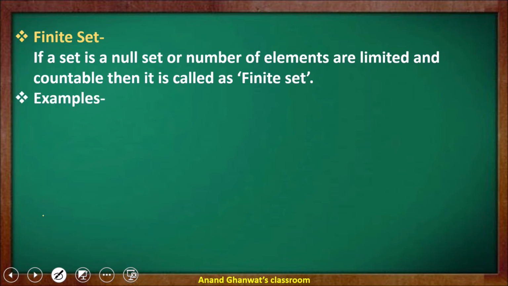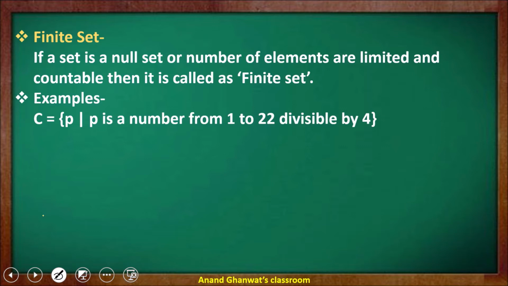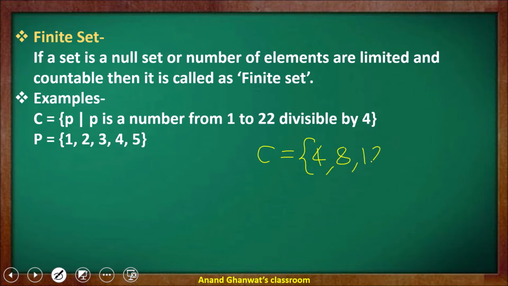See the examples. Example, set C is the set of all P such that P is a number from 1 to 22 and it is divisible by 4. Now numbers 1 to 22 and divisible by 4. Let us list the elements in set C. 4, 8, 12,